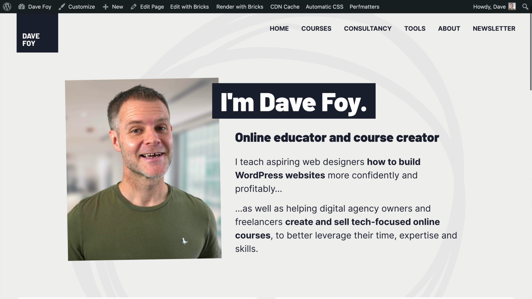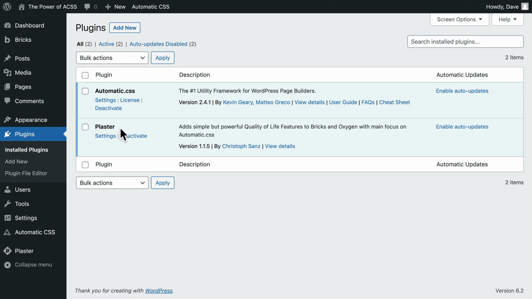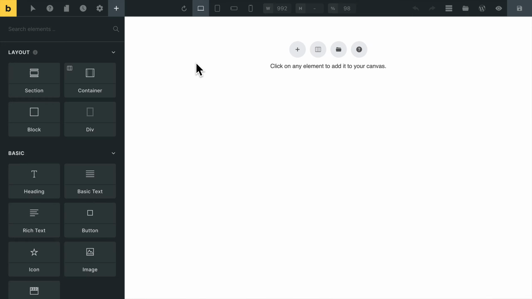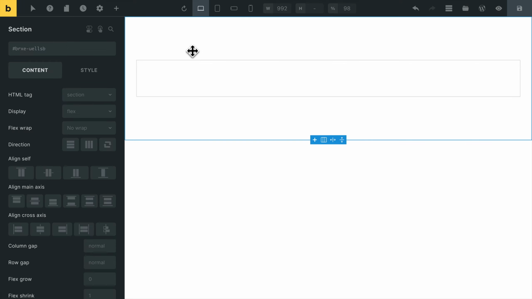We're going to make this kind of hero header first. It's basically just a 2-column grid. So back to our install. Remember, nothing installed on this site apart from bricks, ACSS, and plaster, which is totally optional, but very helpful. We need a new section, so I'll add one. And hopefully you can already see ACSS has added some padding on the section at the sides and the top